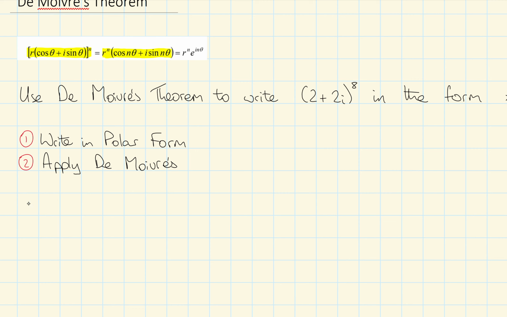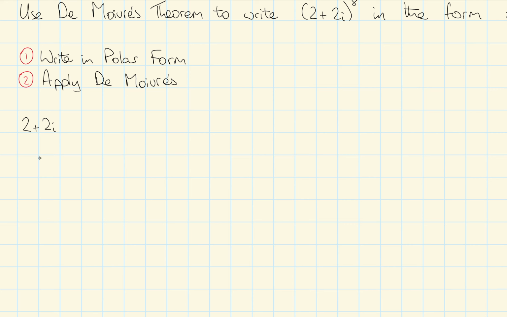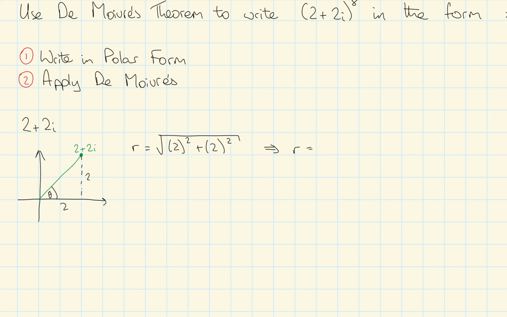So we see here we've been given 2 plus 2i. We're going to deal with that by itself for a second. So 2 plus 2i, always draw a quick sketch. Here's my argument, theta, modulus, and we have 2 and 2. So for our modulus, it'll be the square root of 2 squared plus 2 squared. Into your calculator, I'm going to get 2 root 2,